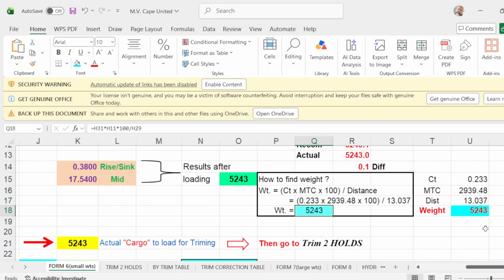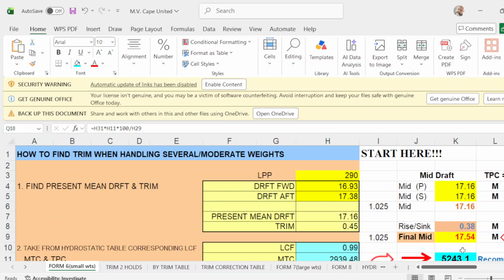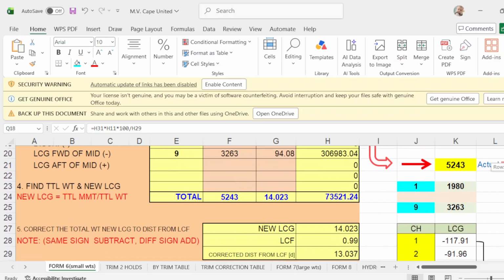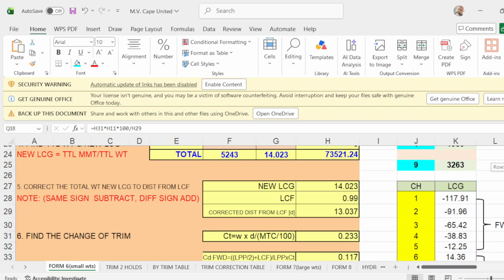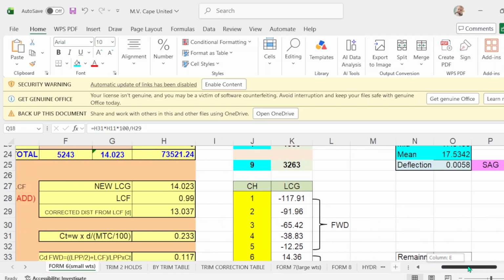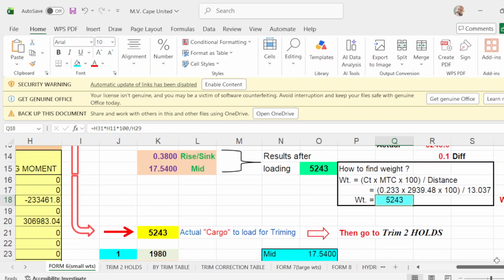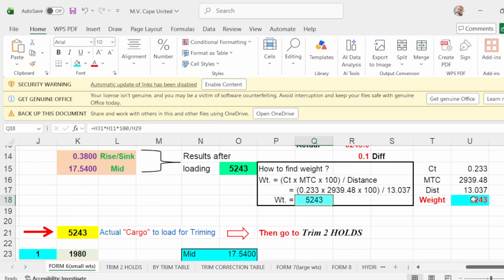MTC is 293948. 293948 MTC, and your corrected distance from LCF is 13.037. Okay.